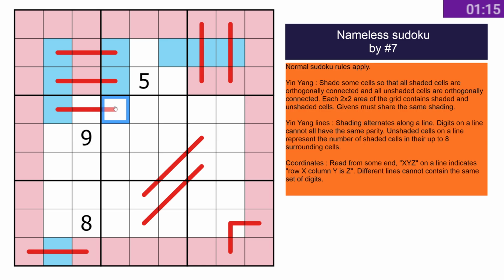That's got to look like that because of checkerboarding. This has got to come out. This has got to come out. But these lines can sort of do whatever they fancy, basically. So they can't have all the same parity. And then unshaded represents the number of shaded. So